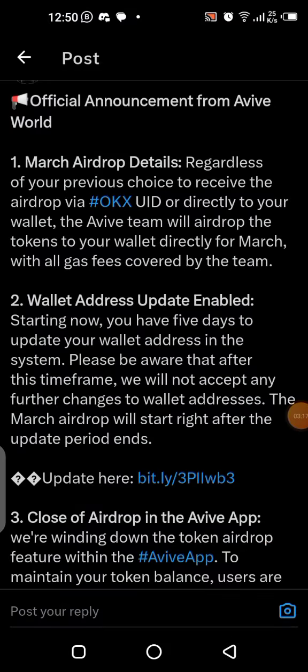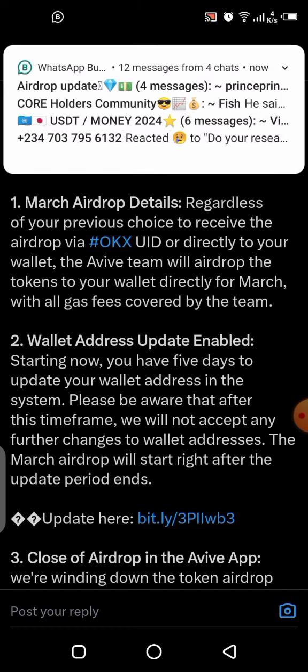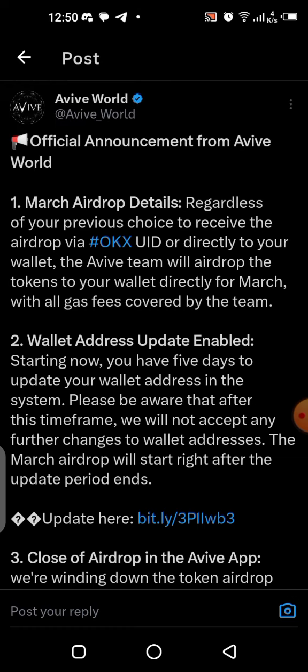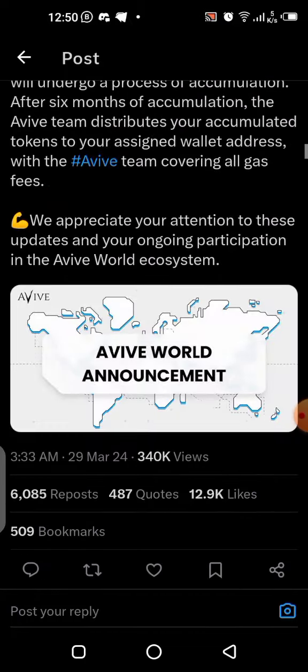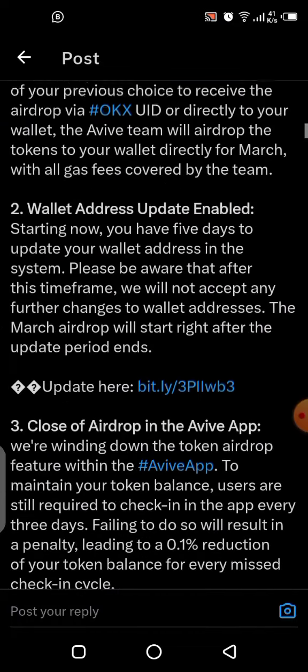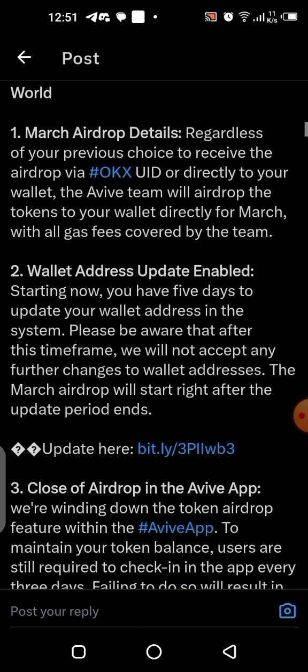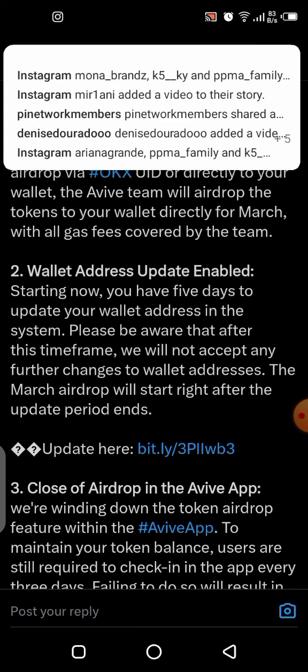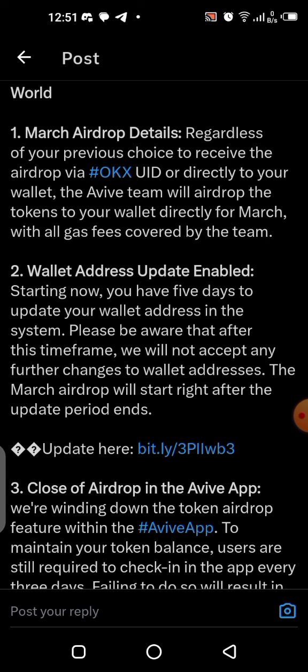The third one here is about the Avive update, about our withdrawals and the wallet updates and all that. If you read everything carefully, you should understand what they are trying to say here, but I'll give you a brief explanation for this. Now, what they're trying to say here is, regardless of the UID you added to your account earlier on, that you collect OKX UID that you added and you received your tokens into your OKX wallet, you still need to